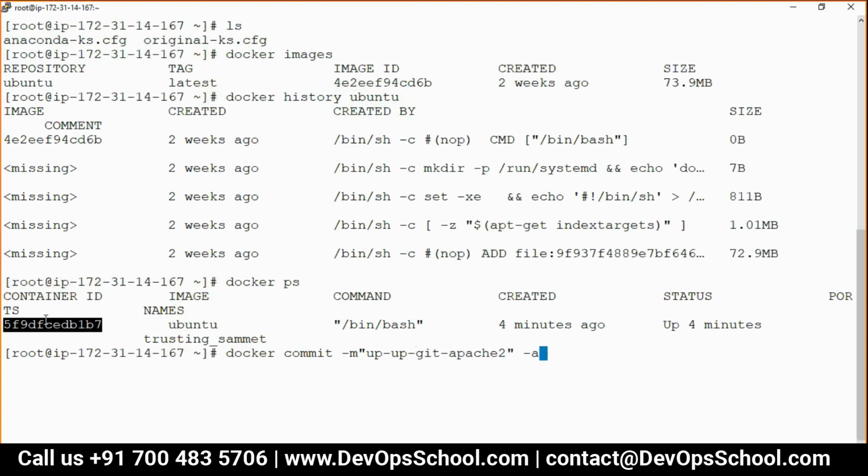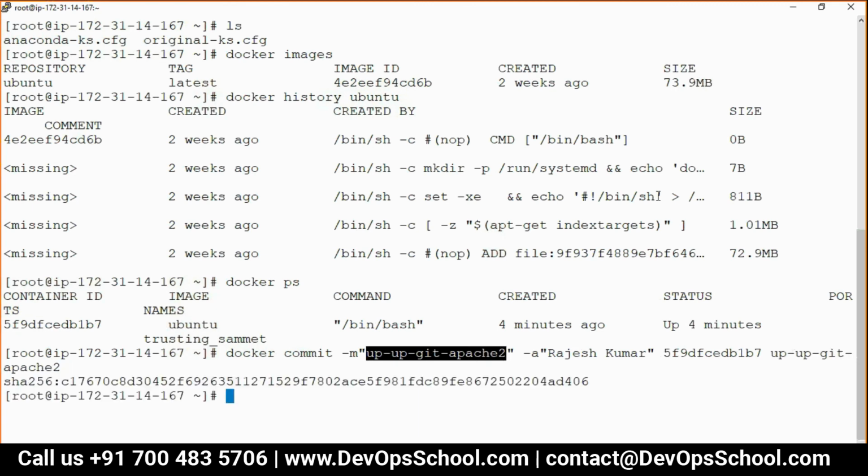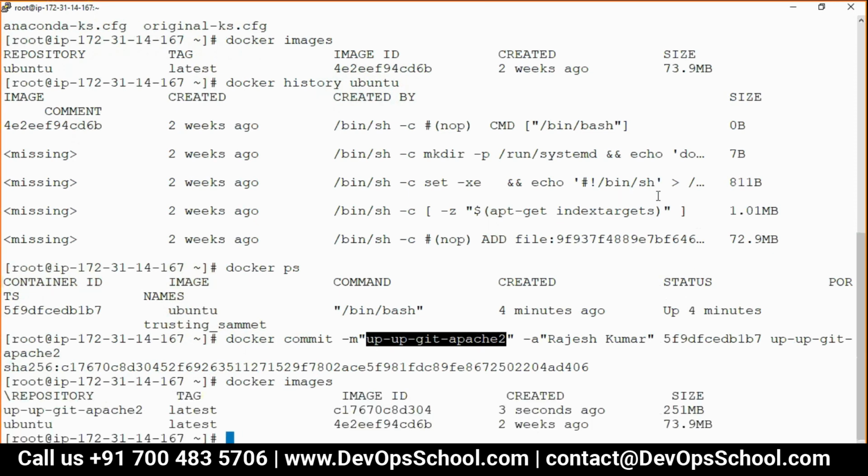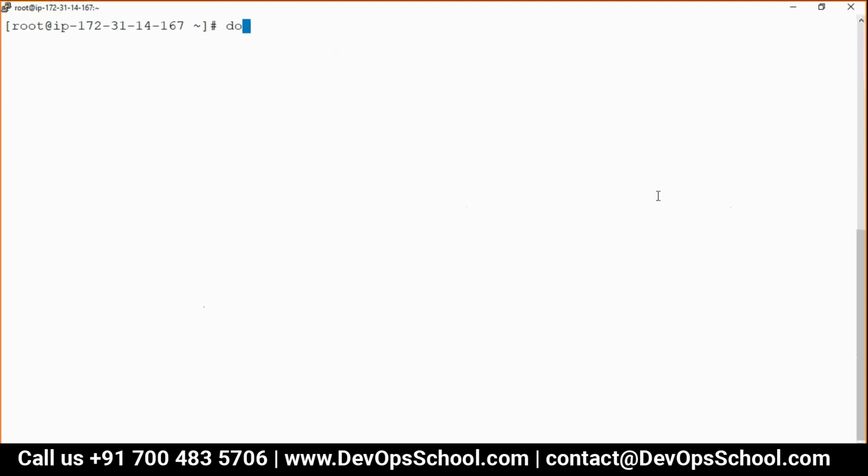Who are you? My name is Rajesh Kumar. Which container you want to commit? I want to commit this container. What image name do you want to give it? I will duplicate the name with this one only. See guys, forget the container. The container is not needed anymore because the requirement was to create an image.